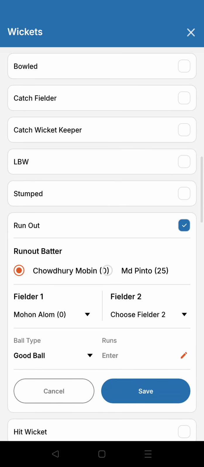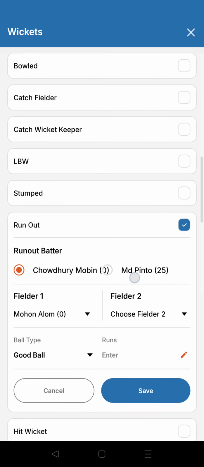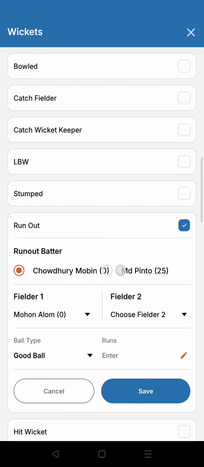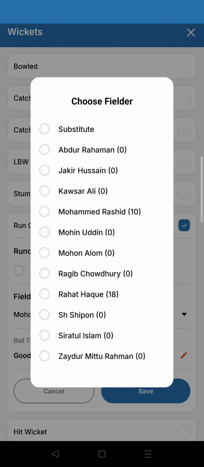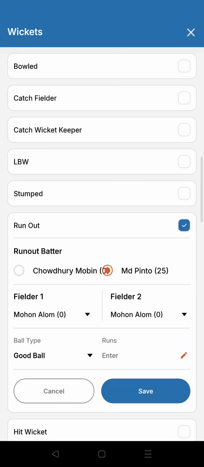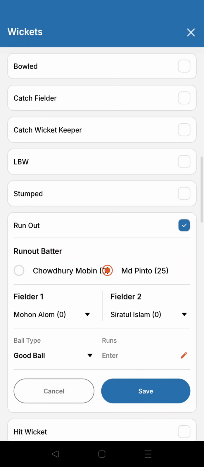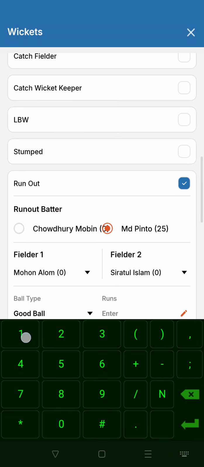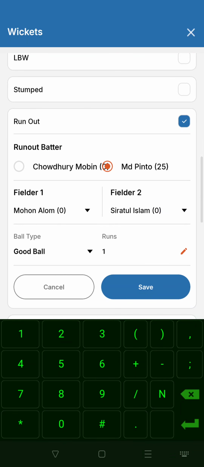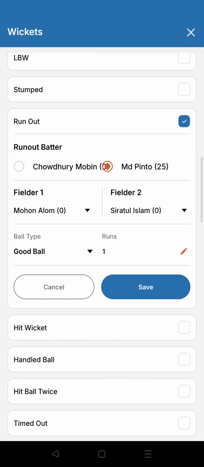So when you click run out, it's going to again ask who got run out. This time Pinto is run out, and 1 run is completed. Let's say the fielder is Siratul Islam. Mohan is the bowler. Good ball. Here you have to put 1 run because 1 run is completed, but when they were taking the second run, they got out. So you put save